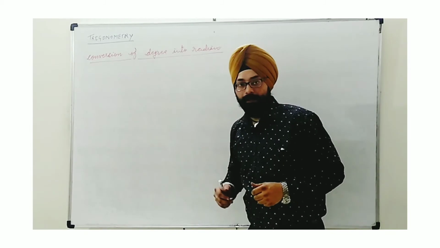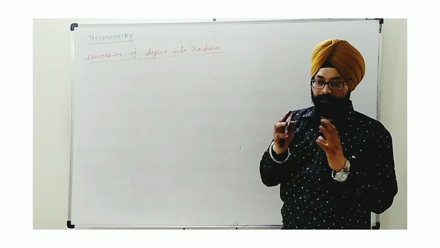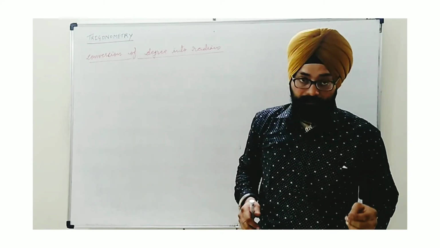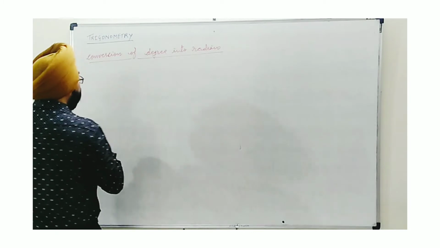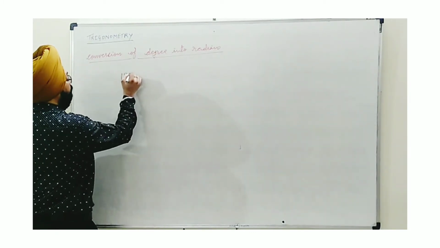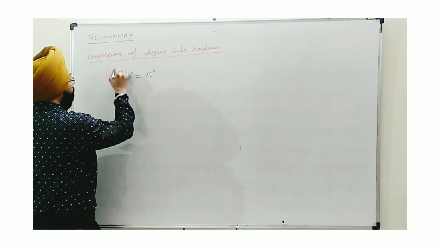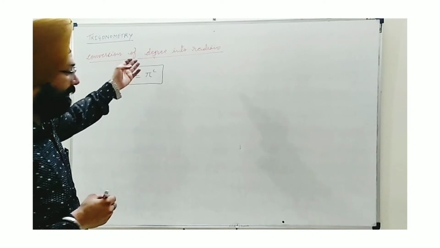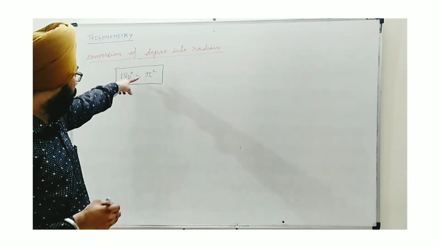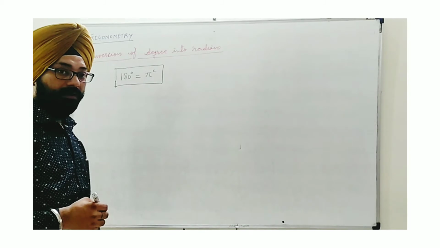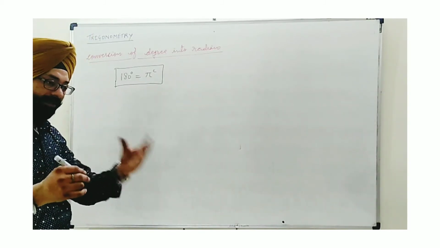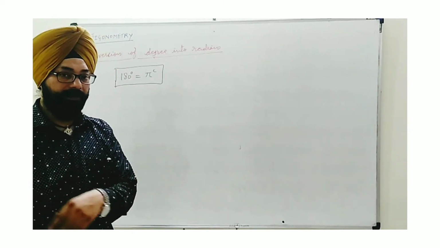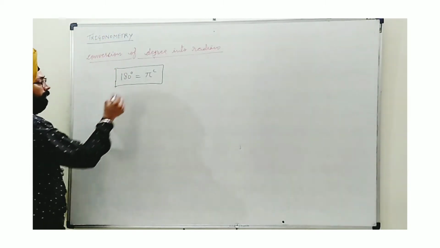We are going to see the next thing, conversion of degrees into radian. Whenever some angle is measured in degree, how to express that in radians. Recently, we have seen one relation between degree and radians, that 180 degree is equal to pi radian. This relation we use for the conversion whether it is from degree to radian or radian to degree. In both cases, we use this relation. How? First of all, we will go with the specific angles we have seen in 10th standard, like 0, 30, 45, 60 and 90 degree. So we will convert them into radian.